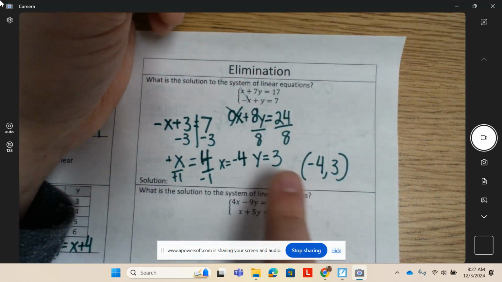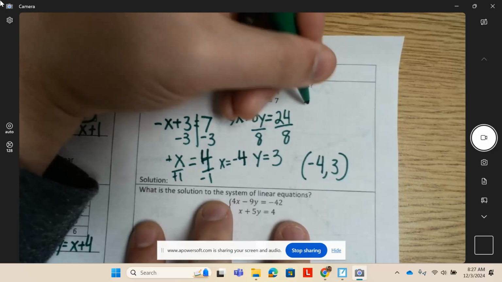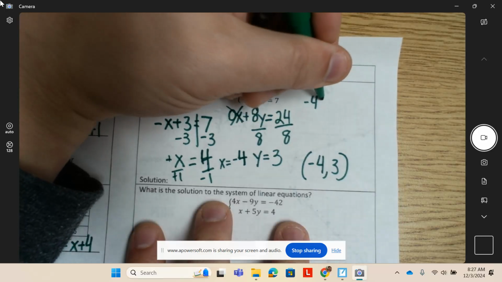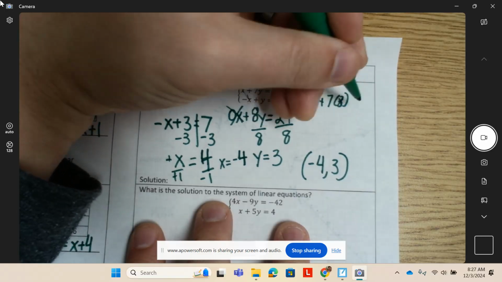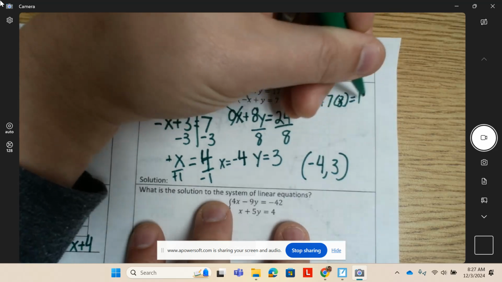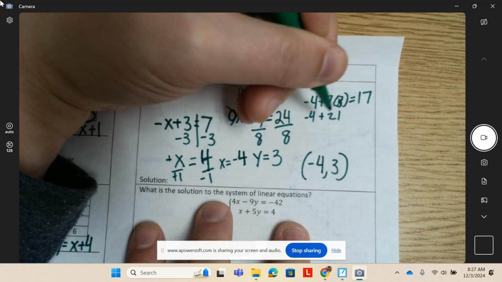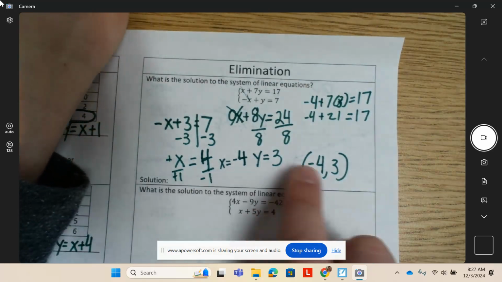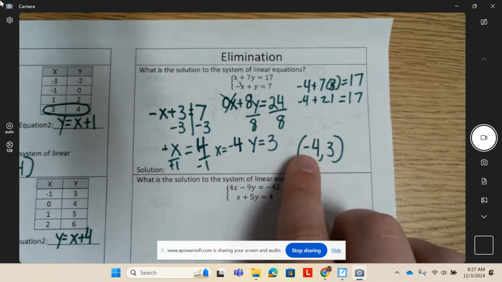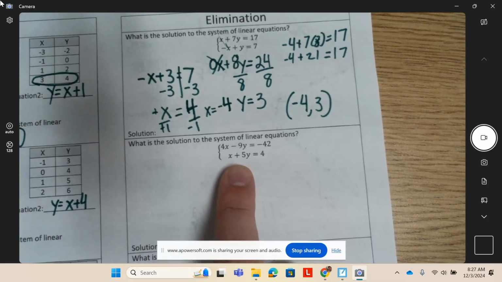And I can always plug that into the other equation, make sure it's true. If I did negative 4 plus 7 times 3, that should equal 17. That's 21 minus 4, which does equal 17. So that works as my solution. That's just a quick double check to make sure it works. Okay, on my next one,